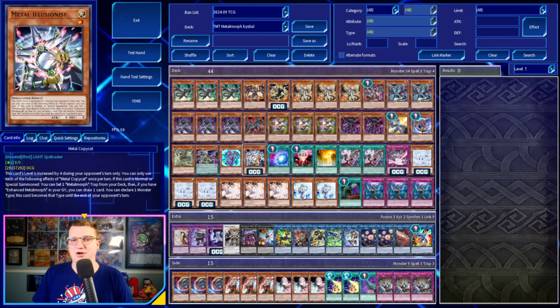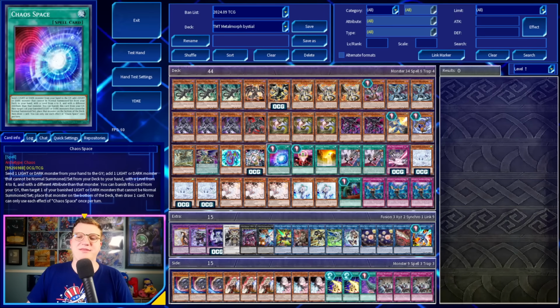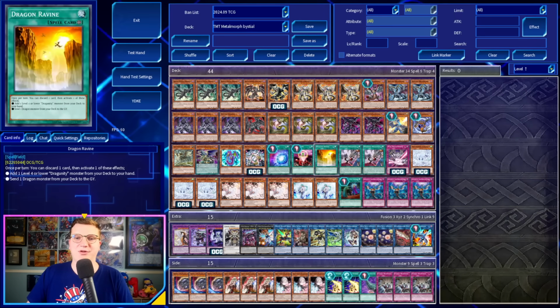This card is a level 5 during your opponent's turn. And if normal or special summoned, you can set a Metalmorph trap from your deck that if you have enhanced Metalmorph in your graveyard, you can draw a card. You can also declare a monster type for this card to become that type until the end of your opponent's turn. Importantly, this is a card you can summon off of 1/1, which has one other really fantastic target in Black Metal Dragon. We are playing the 1 copy of Chaos Space You Are Allowed alongside a Dragon Ravine, and